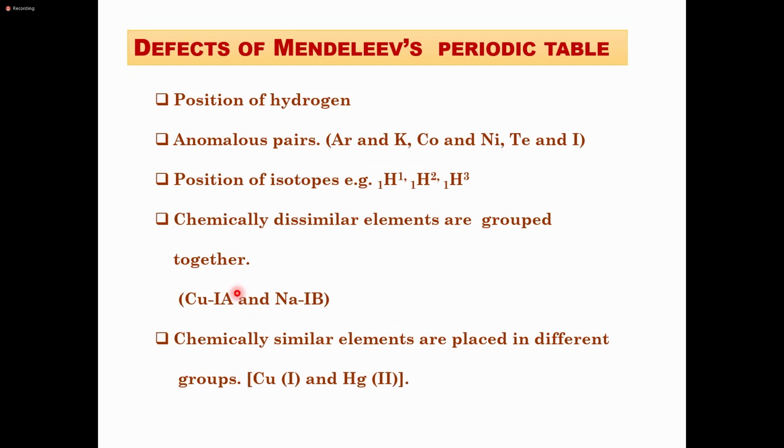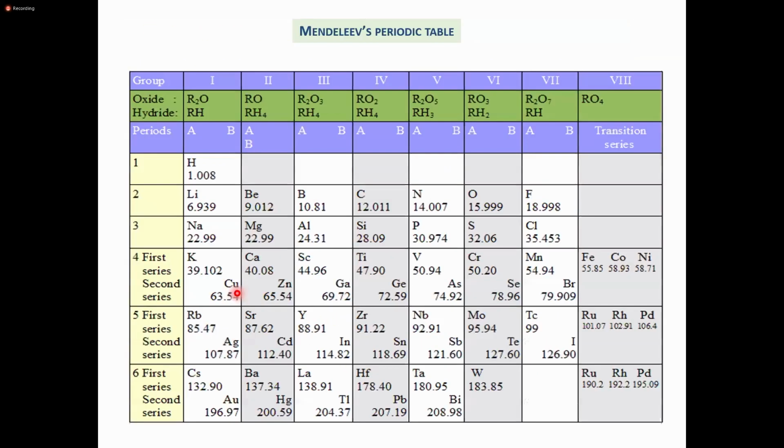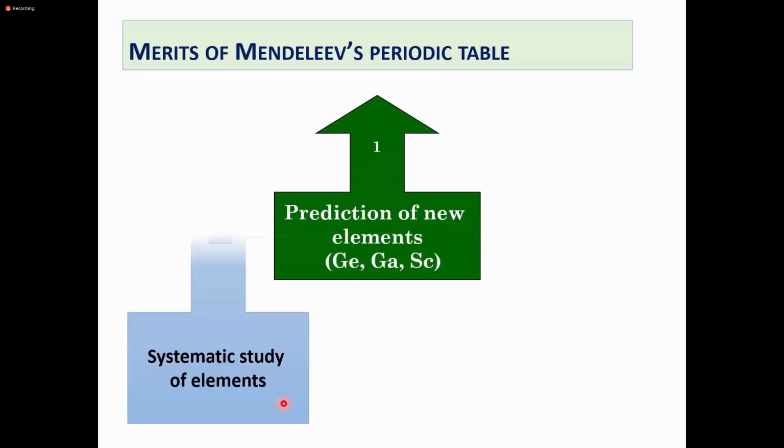Second thing is that chemically similar elements are placed in different positions. If you see, this is copper and mercury. Where is the mercury? This is the hafnium, scandium. This is the copper, but this is the mercury. Copper and mercury have the same chemical properties, but they have been placed in different groups. So this is also a disadvantage of